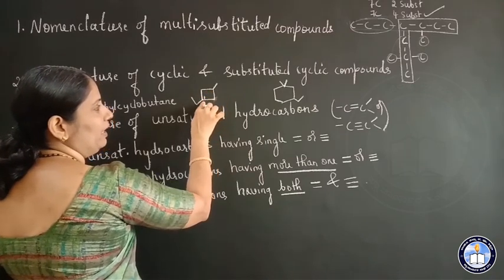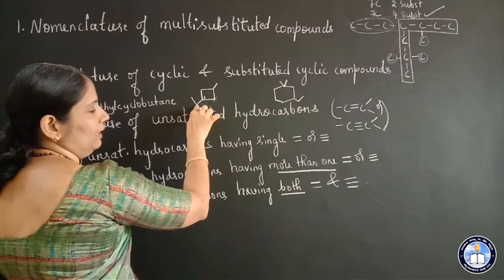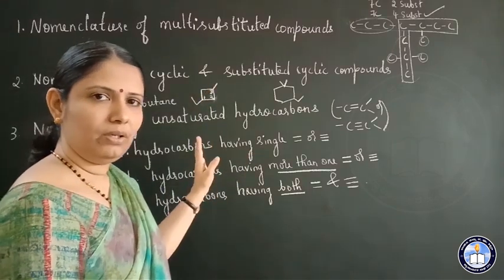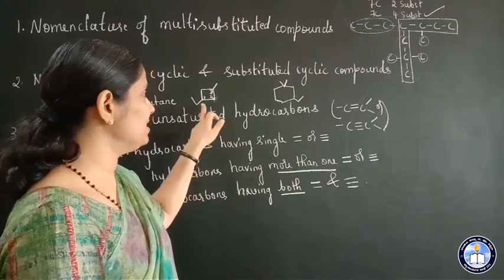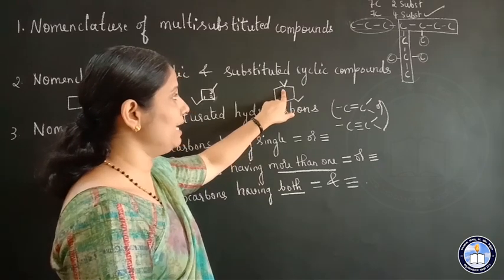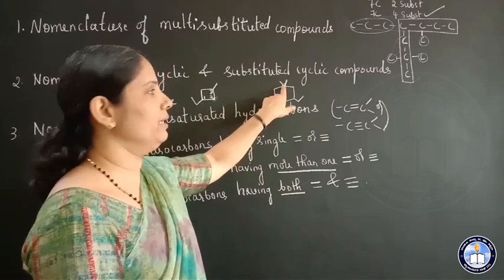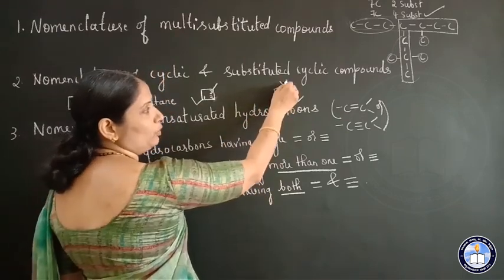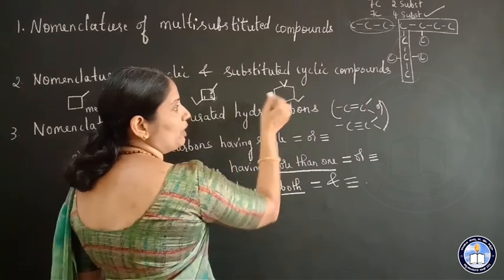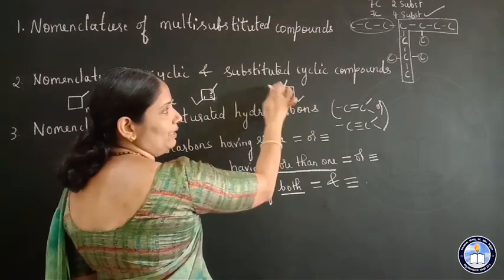So you should start numbering from the carbon atom that is attached to the ethyl group. And while writing the name also, you have to follow the alphabetical order. First ethyl, then later methyl. See, the more substituents attached to a carbon atom, that carbon atom should get the lowest number. Now see here, 2 methyl groups are attached to this carbon atom, and to this carbon atom an ethyl group is attached. Now you should start numbering from the carbon atom to which 2 substituents are attached.